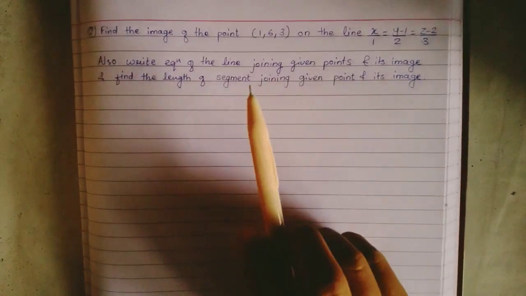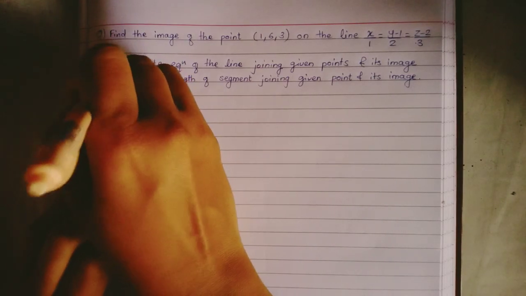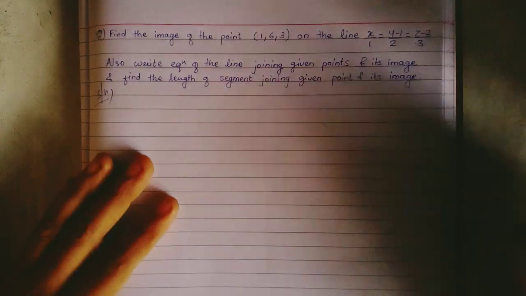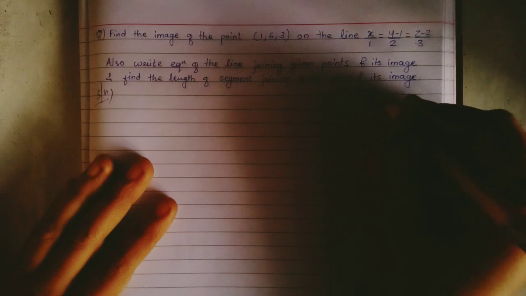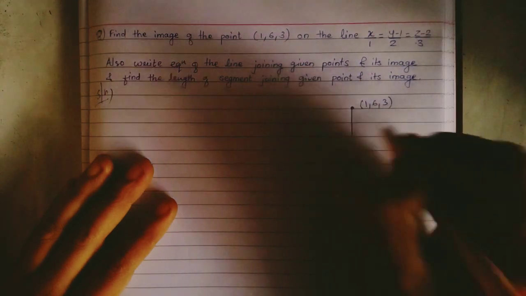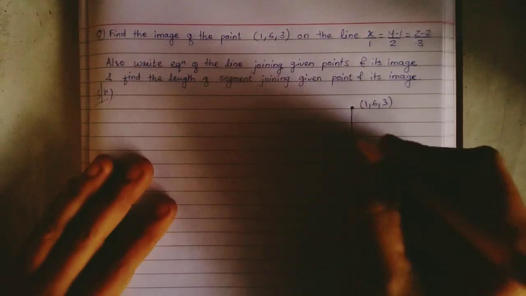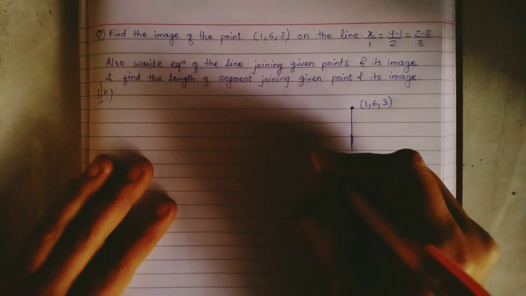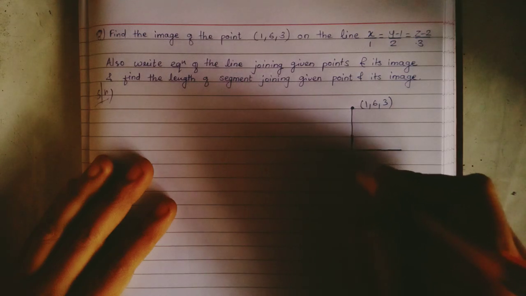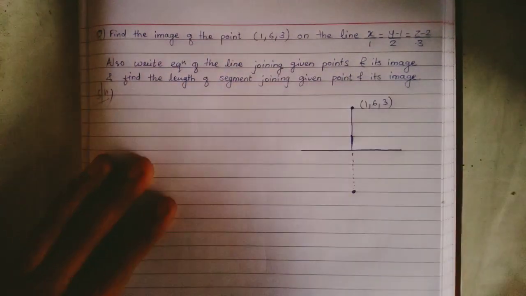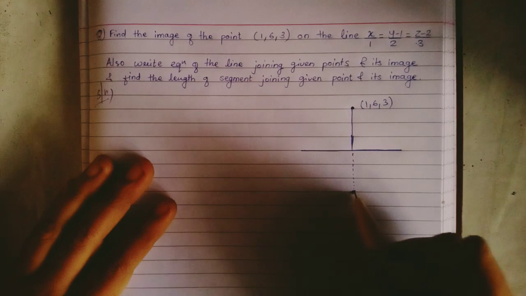point and its image. Okay, so first we'll draw a rough sketch. The point is here. Now this is the image of the point on the line. So we have a line here. This point's image will be here, right? So we have to find that point, that is, its image,